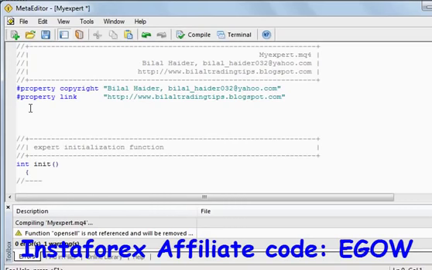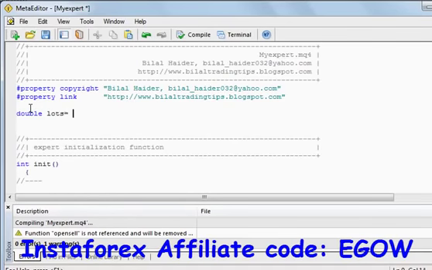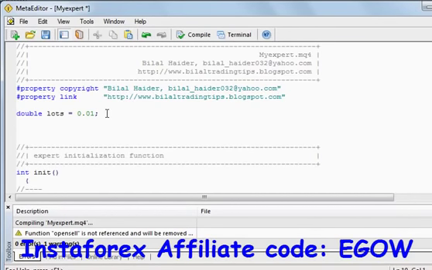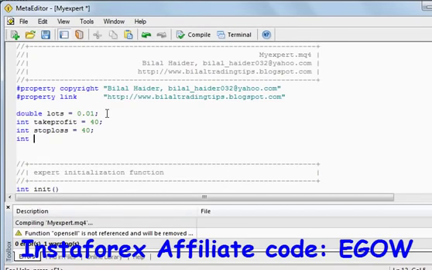To place an order, you need some variables. The first variable we're going to create is double lot equals 0.01, or whatever the lot size you wanted to set for your trade. The next thing is the take profit value in pips, that will be 40 pips. And the next variable is stop loss, let's set it equal to 40 pips. And the next variable we are going to create is called magic, and